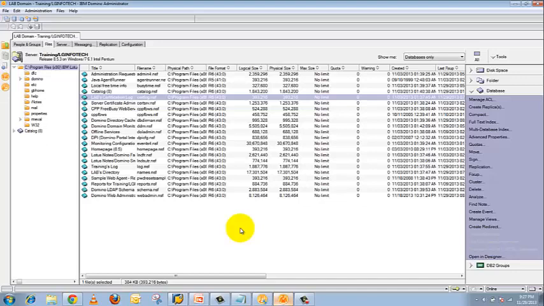For example, a group can have the name of the department and contain all the department members, for example HR, finance, or a location. So what are the benefits of using groups? Groups enable using a single word, the group name, to represent multiple users and/or servers. Use group names for mailing lists and administrative functions to simplify the listing of users or servers. Adding a user to a group dynamically controls the user's access to resources that specify the group name. So these are the benefits of creating a group.